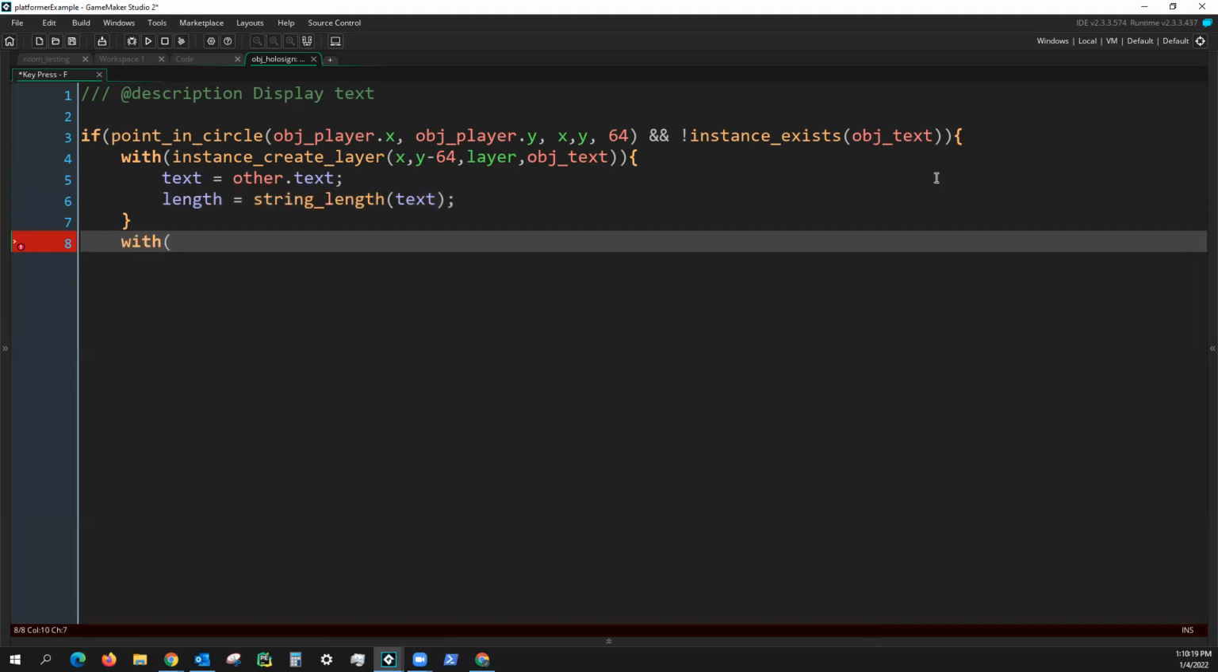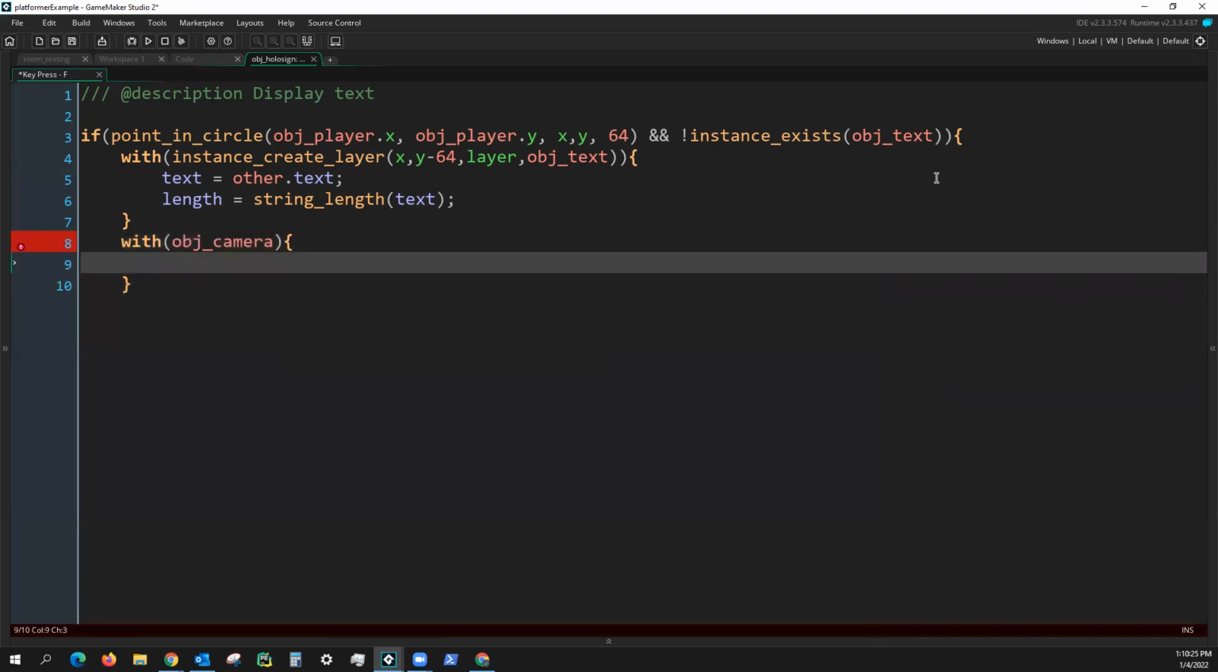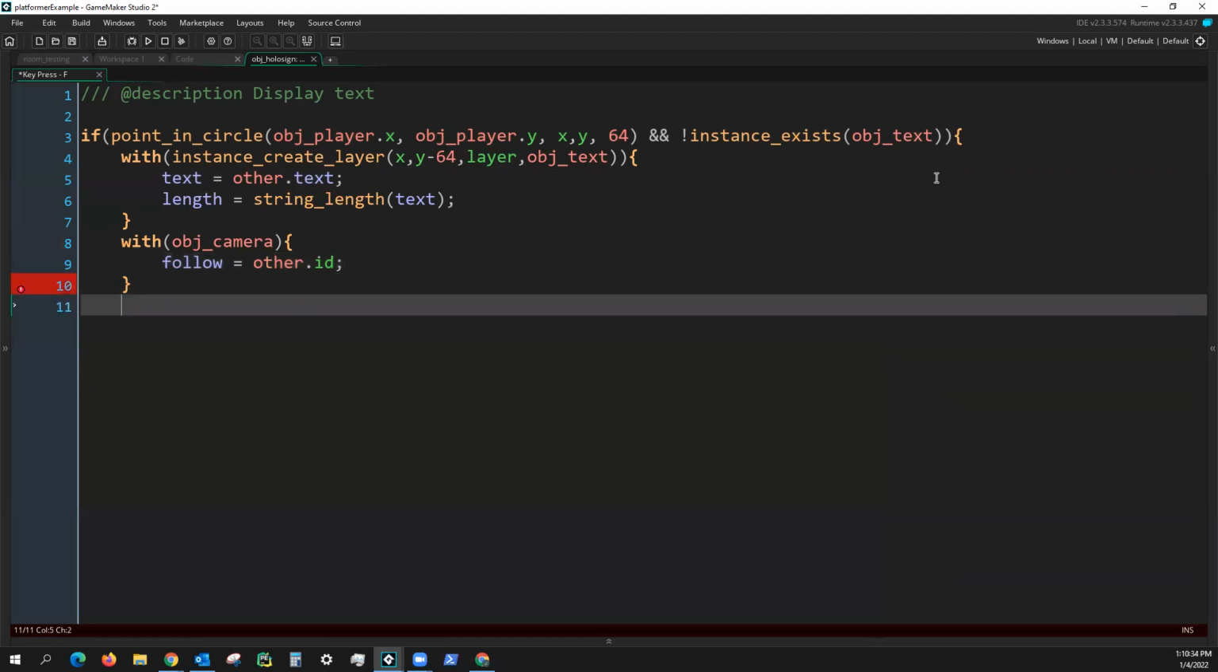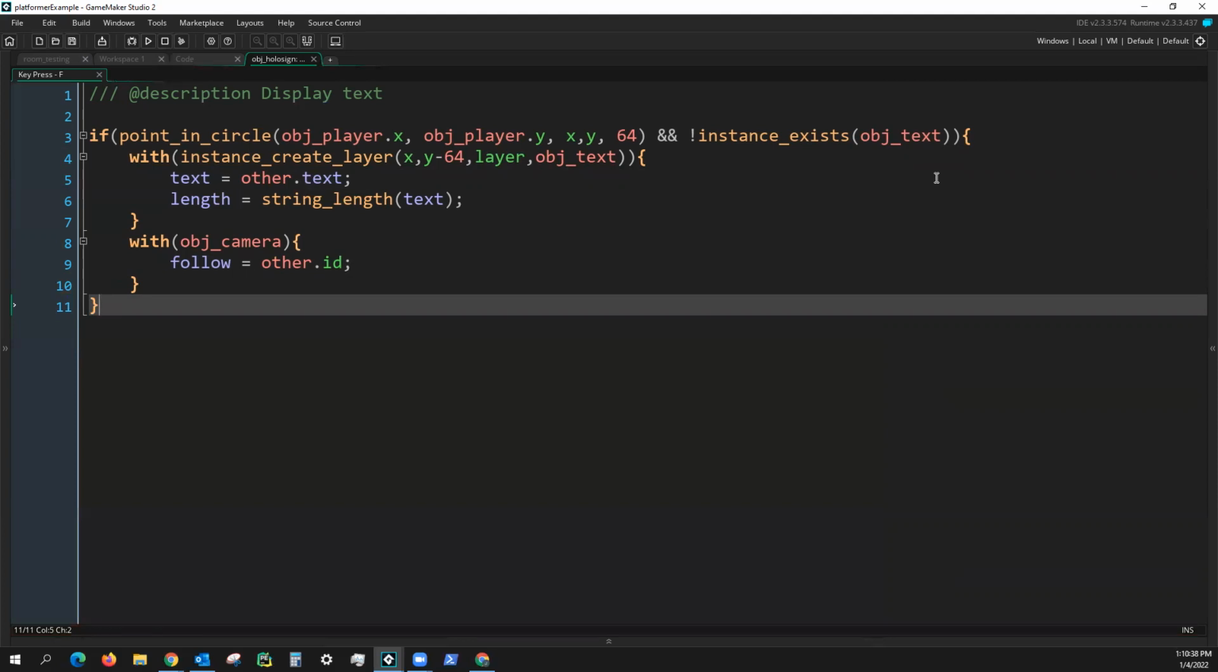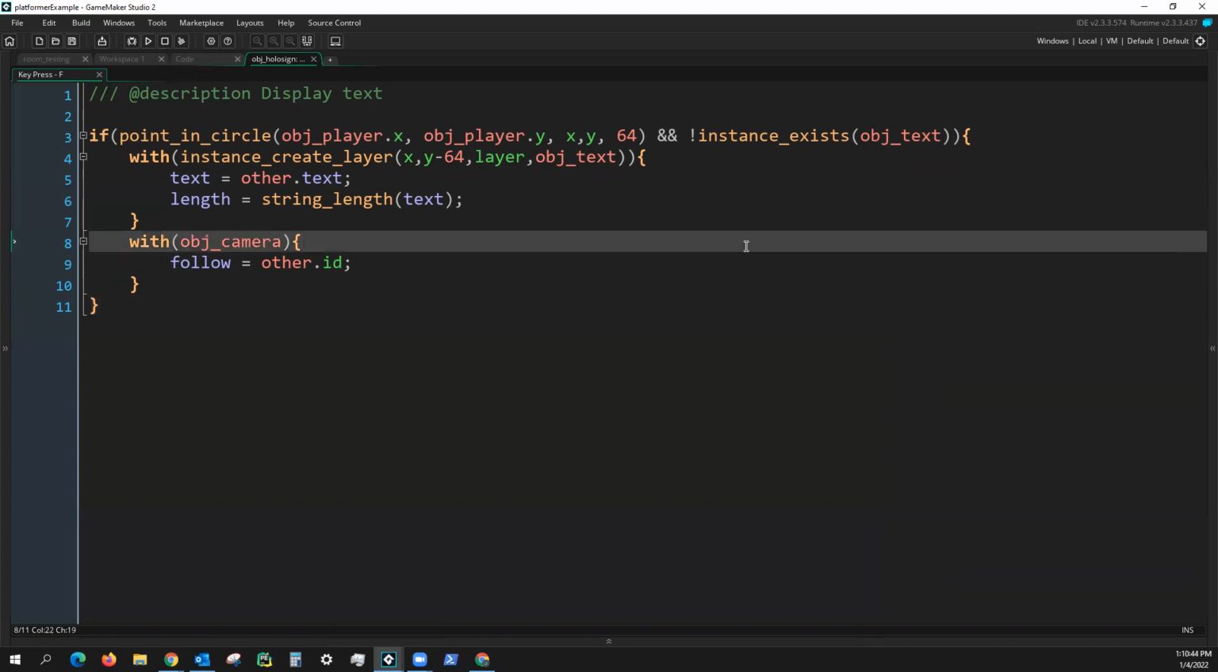And with obj_camera, this is where we get follow is equal to other.id. This is where we force the camera to now follow the text box. I thought it was done in the draw. Technically, it's done whenever it gets created here with our hollow sign. Now that this is set up,